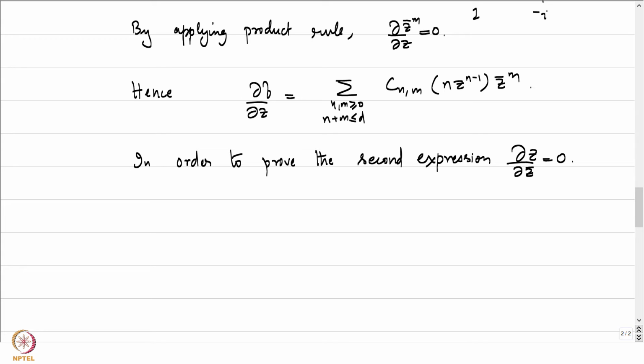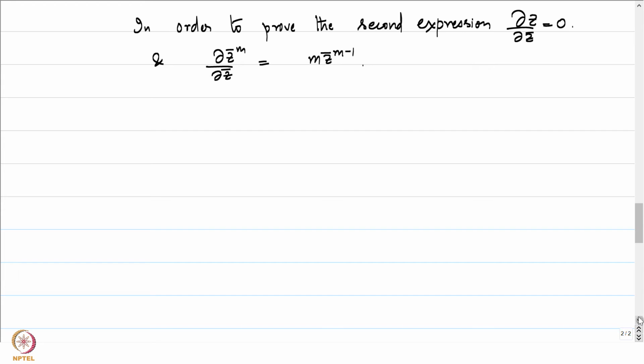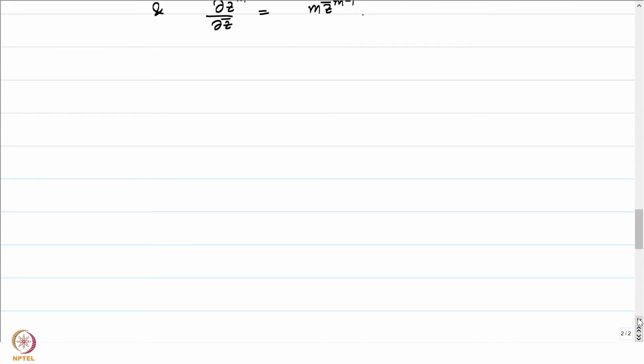I'll just leave this as an exercise: check that ∂(z bar to the power m)/∂z bar is equal to m times z bar to the power m minus 1. The proof is exactly as in the case when we deal with